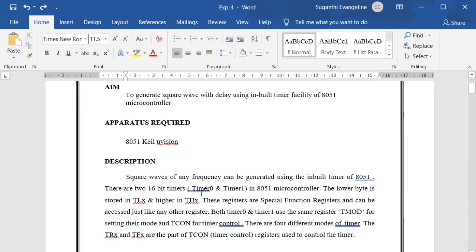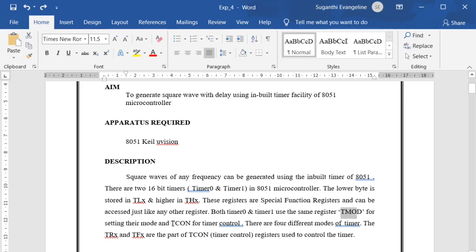These are 16-bit timers, and they have registers TH and TL to hold the data. In addition, we have some special function registers, SFRs, which do only a specific job. When dealing with timers, we have the TMOD register and the TCON register. TMOD is mainly used to set your timer mode: which timer you want to select, in which mode, and whether you control the timer by software instruction or by hardware control. Everything is available in TMOD.